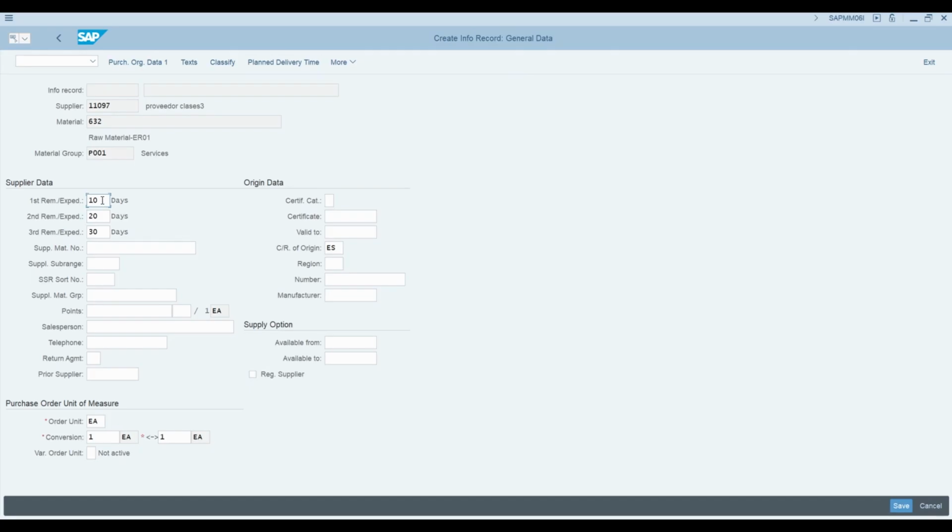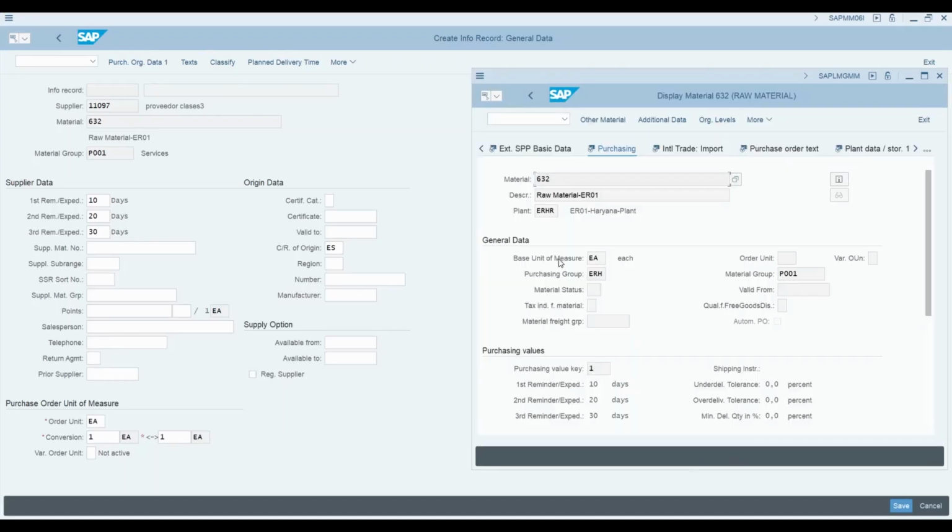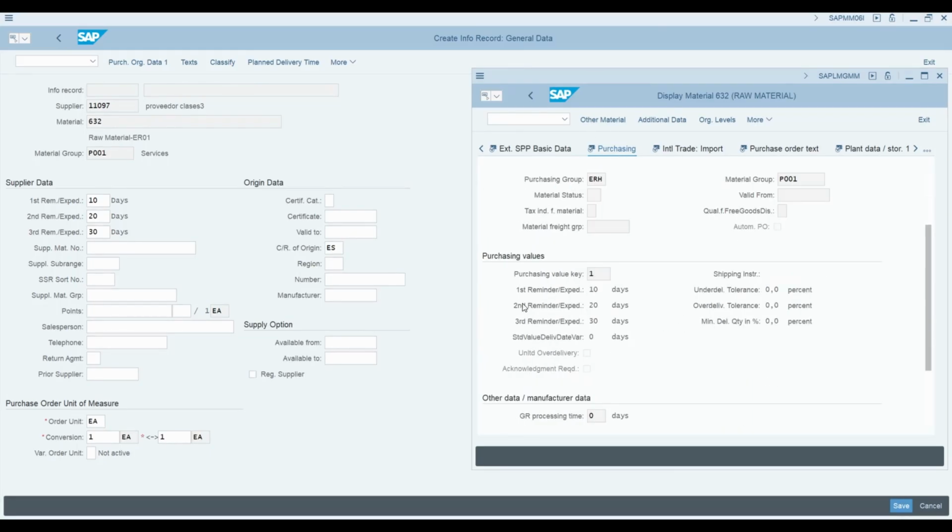As you can see, some of the information has already been pre-filled by the system. And in case you are wondering where this information came from, you can also look at the material master data screen. In the purchasing view, you can see, for example, that the number of days for sending a reminder to the vendor have been